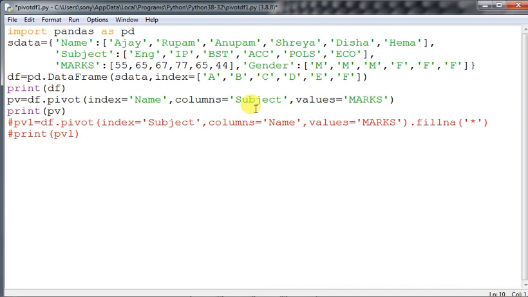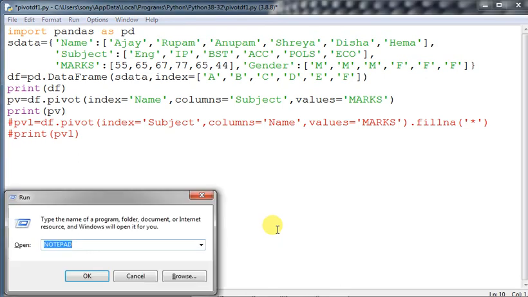And finally, values creates the values of the new data frame, taken from a column of the original table, meaning where the values are. In this way, three items have been taken, which are part of the pivot command.